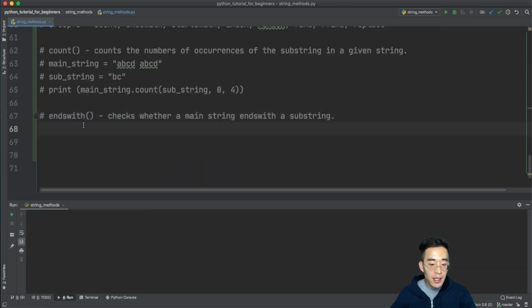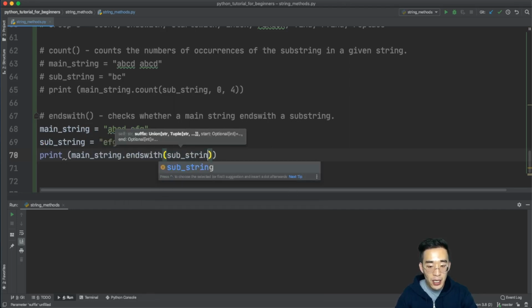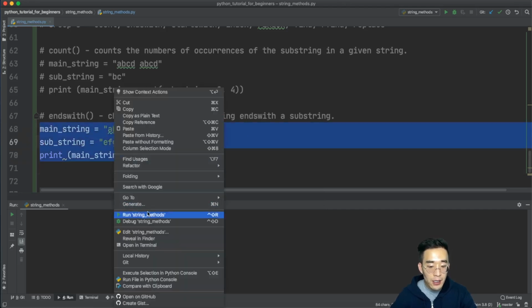The next method that we're going to go through is endswith. As the name says, it checks whether a main string ends with a substring. Let me create a main string here, and then a substring, and set that equal to EFG. If you want to check whether this main string ends with this substring, you can just do print main_string.endswith, with the substring as the argument. If you run this,